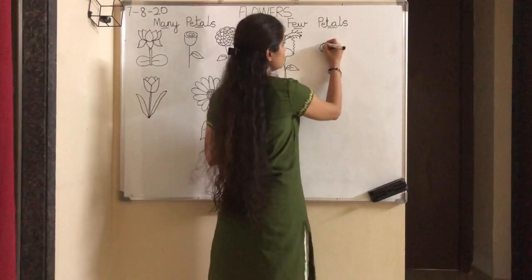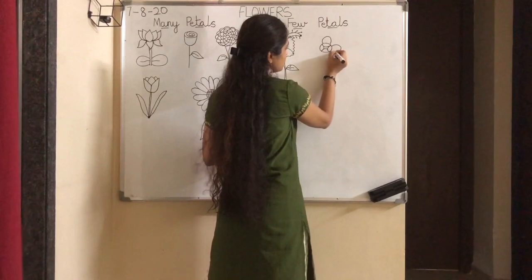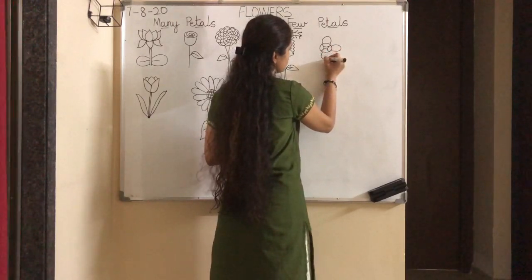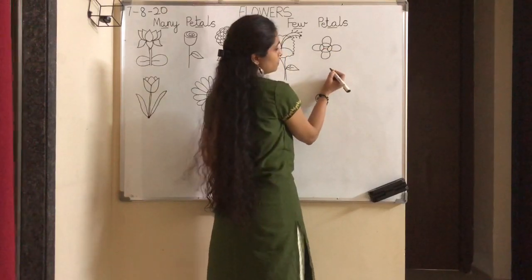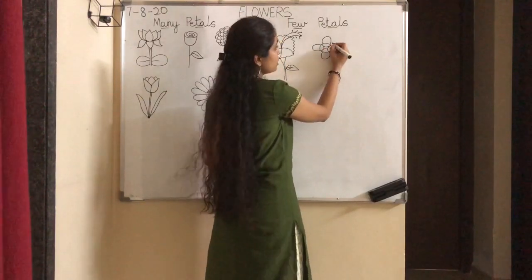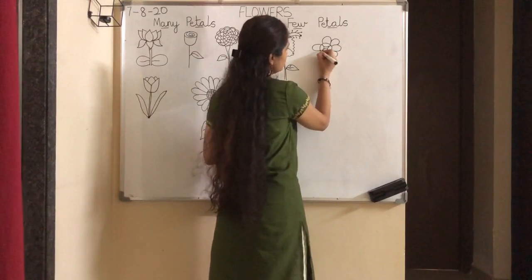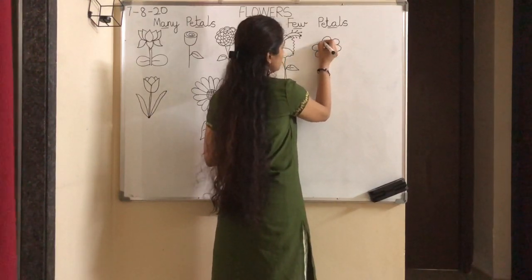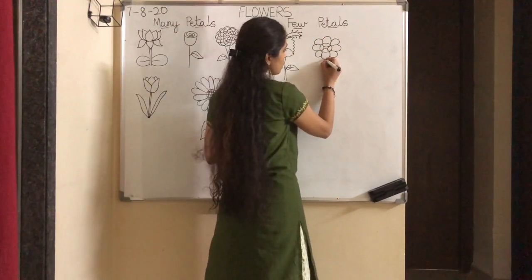Then you draw the petals. 1, 2, 3, 4. After you draw these 4 petals, then you again draw petals here. 1, 2, 3, 4. Then over here down, you draw the stem